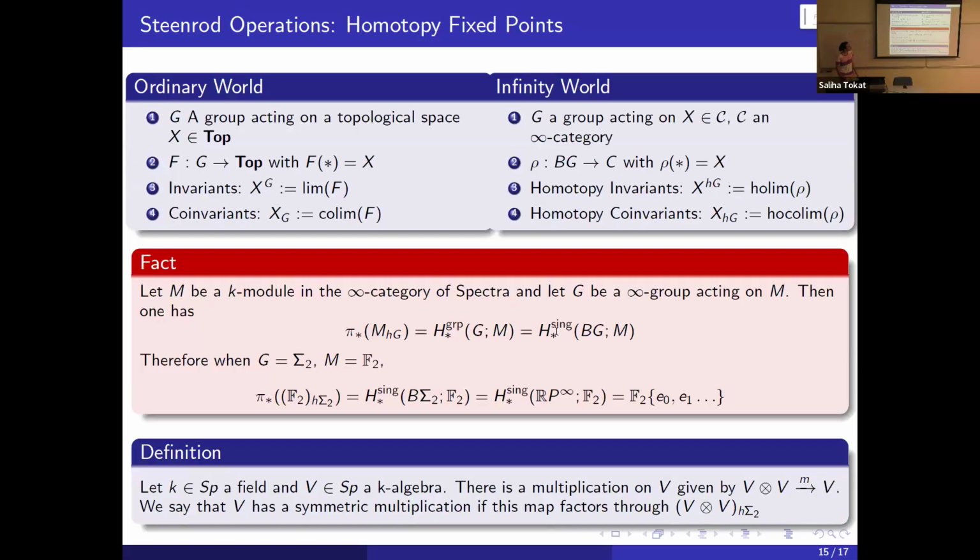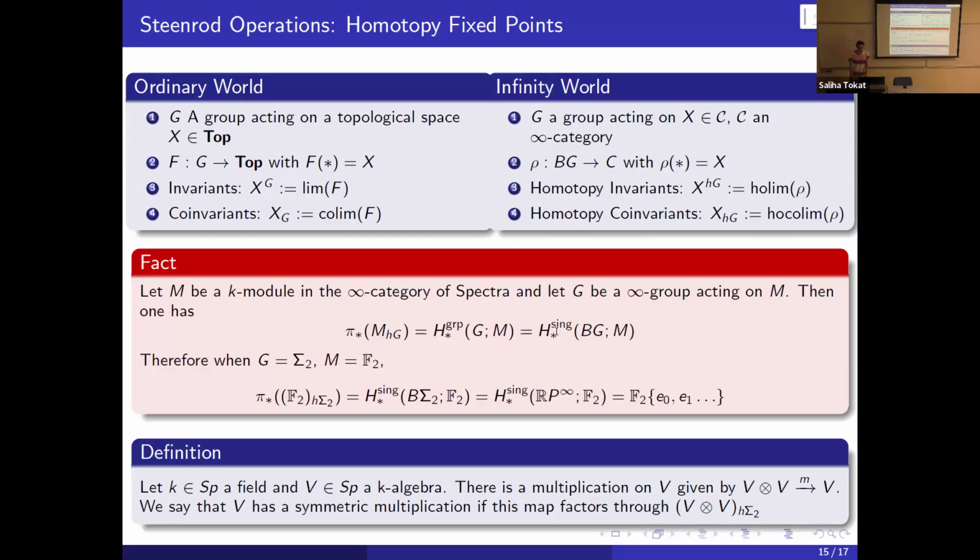So we now go to Steenrod operations. But first, we need to know what homotopy invariants and coinvariants are. In the ordinary world, if a group G acts on a topological space X, we can express this as a functor from G to Top, where G is a category with one object and morphisms given by the group, and where our functor F maps that one object to X, and the invariants and coinvariants are given